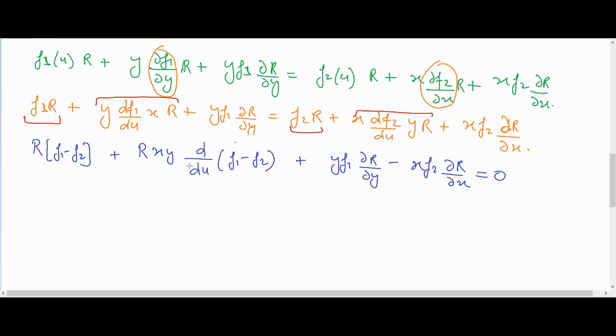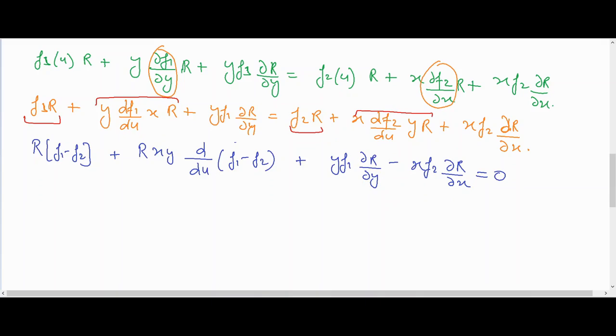So now we can see that we can't really solve this equation quite easily, mainly because r has derivatives with respect to both x and y here. So somehow if we are able to get rid of these derivatives and we only have a derivative with respect to any one thing, then we have some hope of solving this. So what we can assume is that,